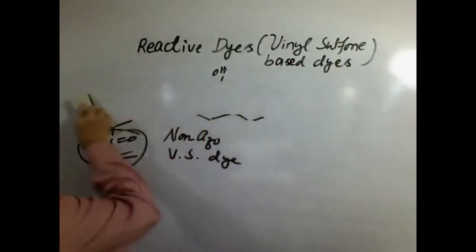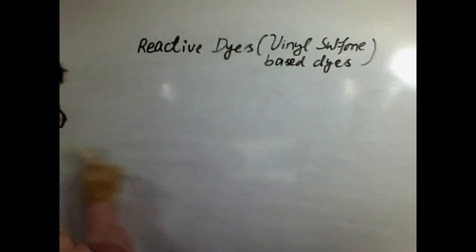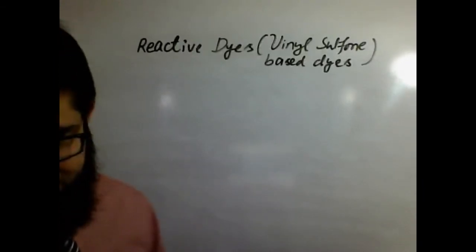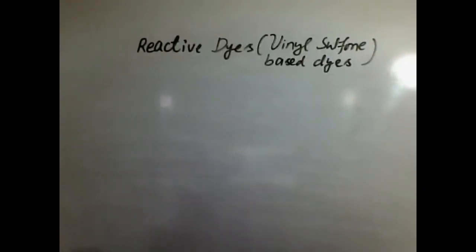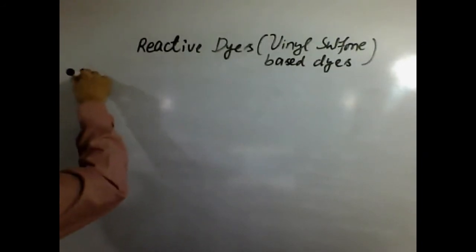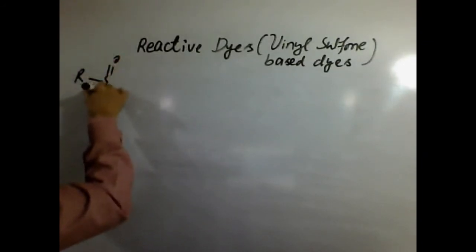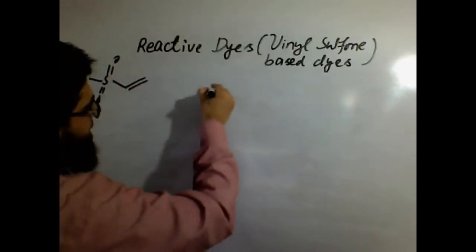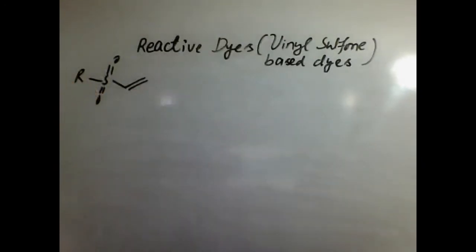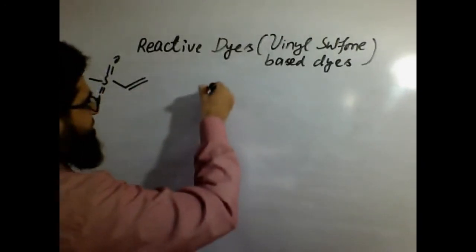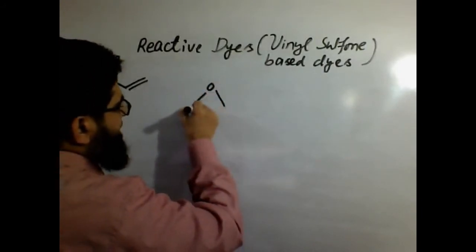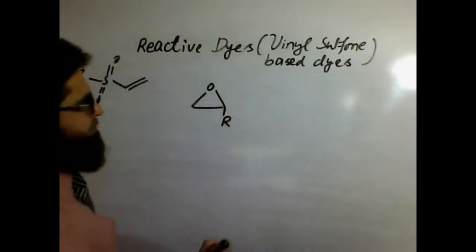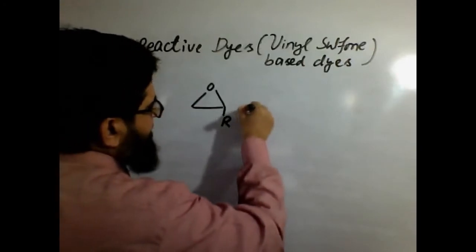Now let me explain how the vinylic part is introduced on dyes to make them vinyl sulfone based dyes. As I've told you, this functionality is a vinyl sulfone based dye. It is produced by two or three different methods. One of the very well known, frequently used methods is based on an epoxide. This method is used where it is